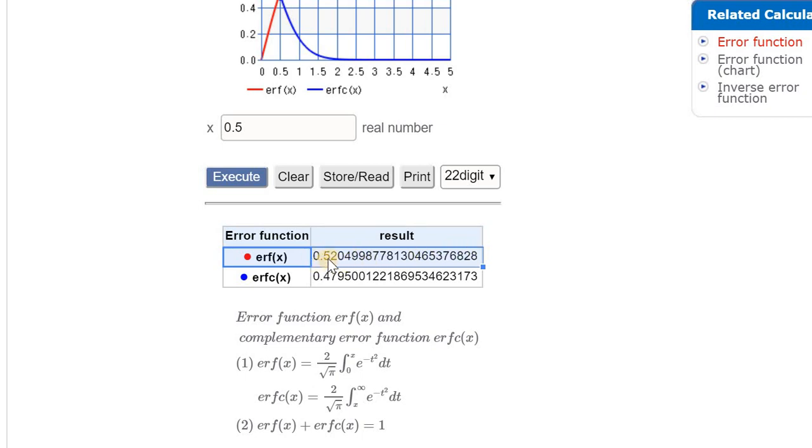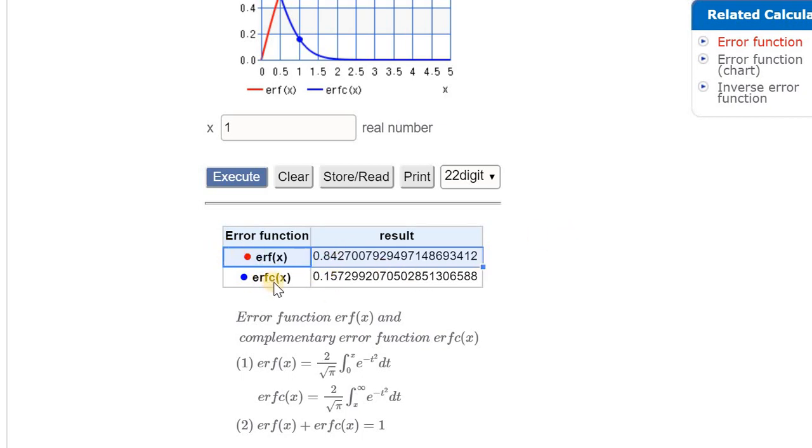It is just 0.52. Whereas if you take it at 1 and execute it, you see that it is 0.84, and 1 minus this value is this value. The point is that if you add up these two values, you will get 1.